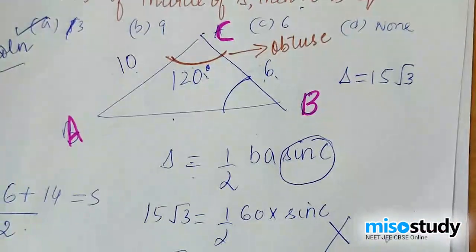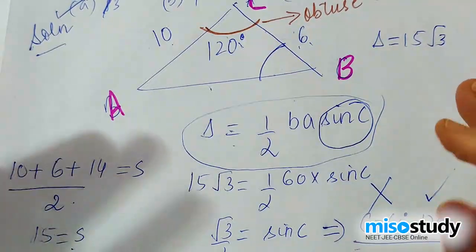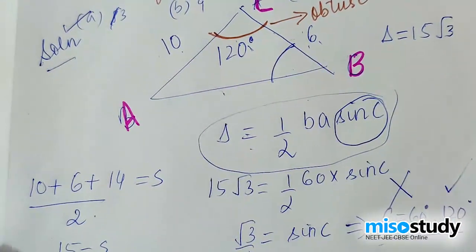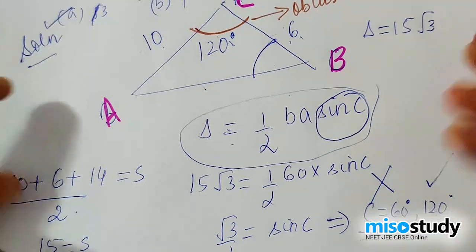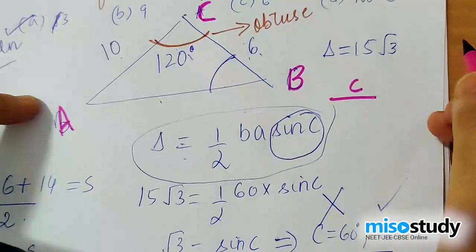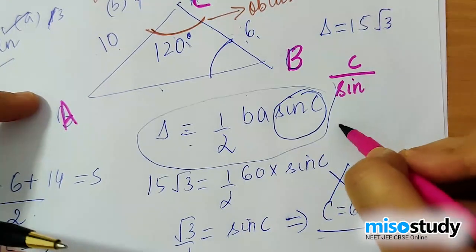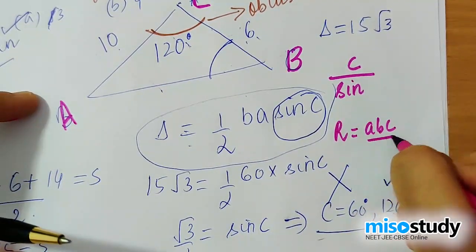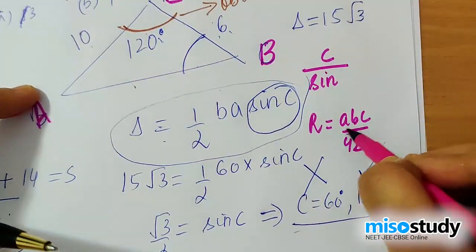Now, you necessarily do not need to use this formula. It's not an important thing to just go by this formula. You could have also used the sine formula, then found out the circumradius, and then from the circumradius you could have found out c, and then you could have found out r square. How? We know c upon sine C. Now we know capital R is equal to abc by 4 delta. I know a, b and I know delta as well. So I can put the values.